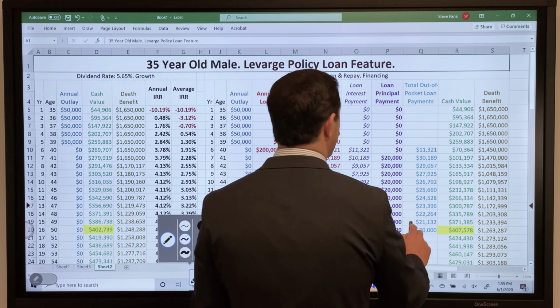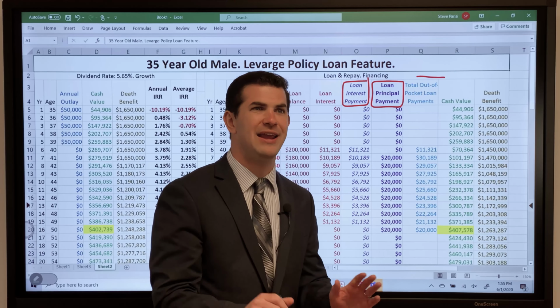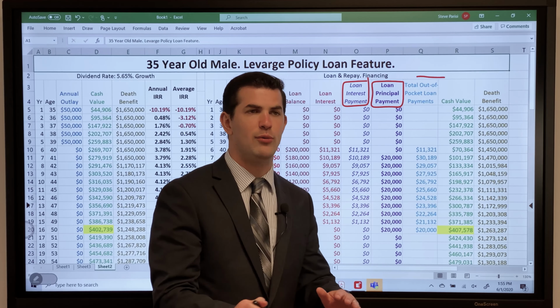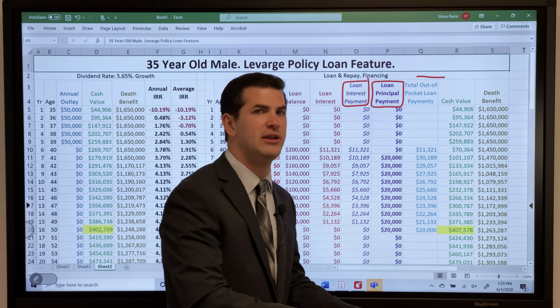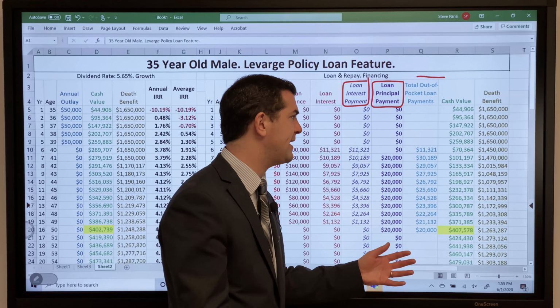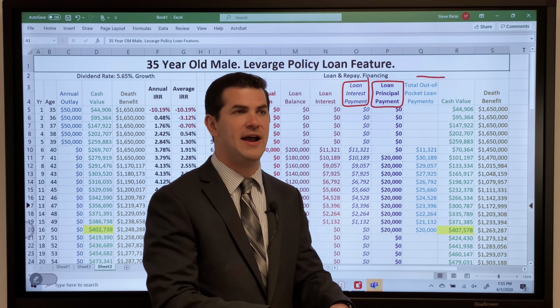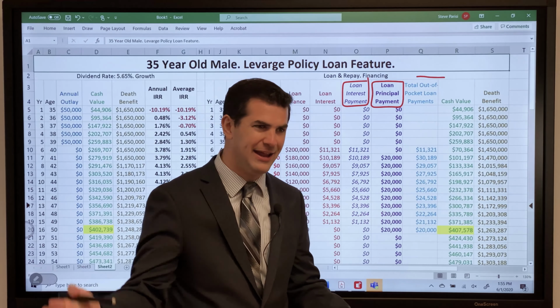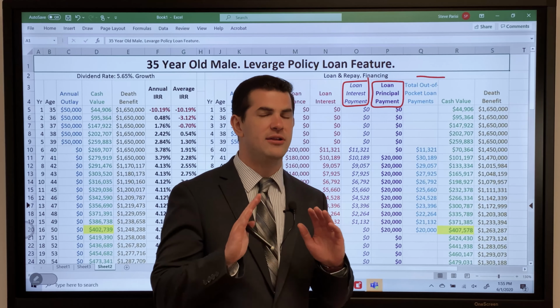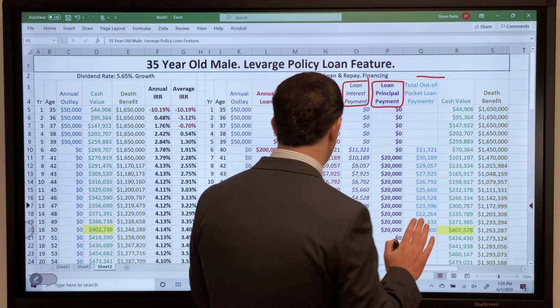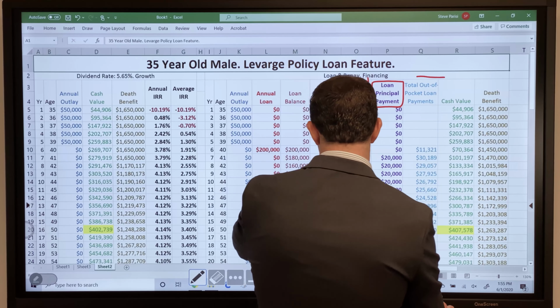loan interest every year and started attacking the principal the year after we took a loan. So the first year we made no principal payments, interest only. In reality, when we take a loan from a policy, we have complete control. Whether we sporadically pay it down, never pay it down, provided the policy doesn't lapse. A lot of times during retirement, people will take income through loans and not pay them back. Tons of control. But here, we are going to repay it because I want to illustrate how the policy functions